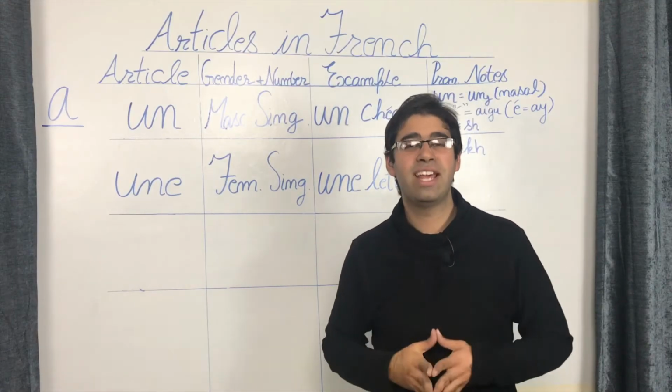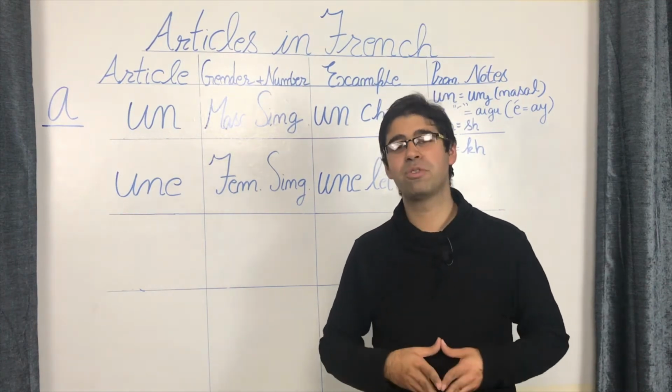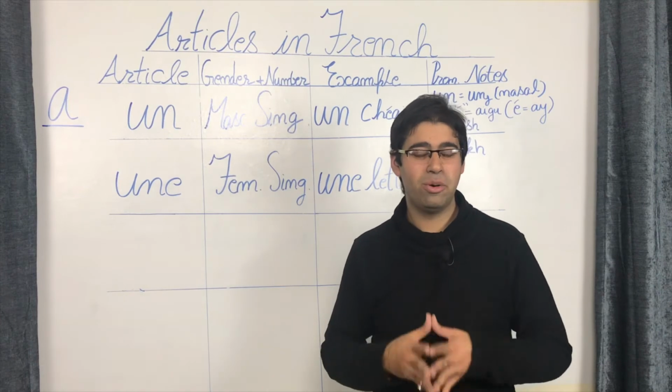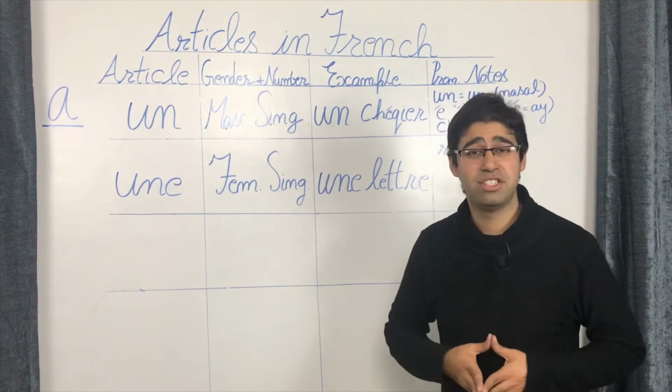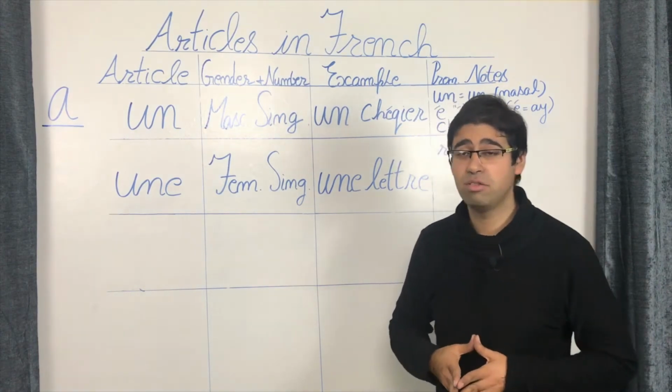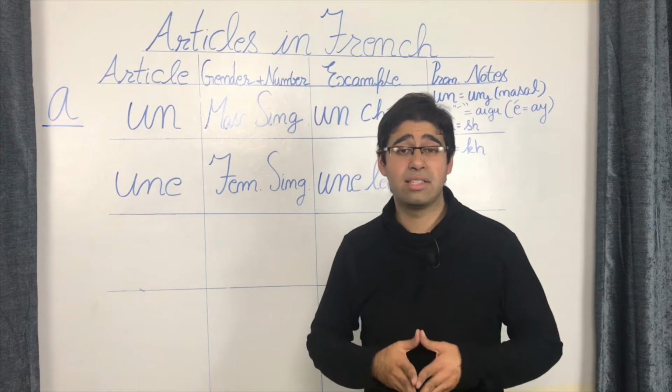All right, we begin with the next article, which is a. Now, some relief for you over here that as opposed to the previous article, the, a only takes two separate forms, one for the masculine nouns and the other for the feminine genders. We begin right away with the masculine form, which is un, not to be pronounced as un, but as